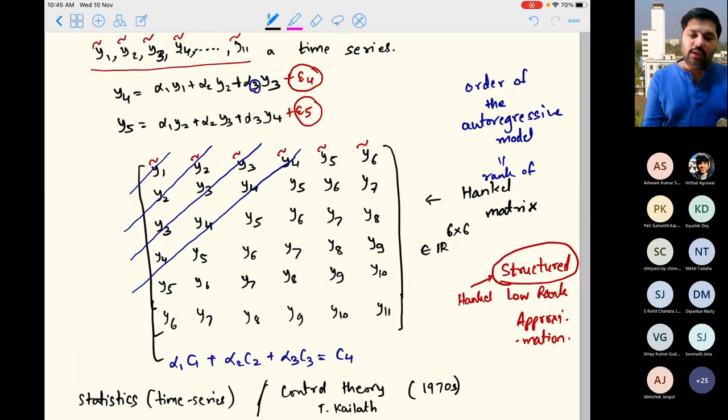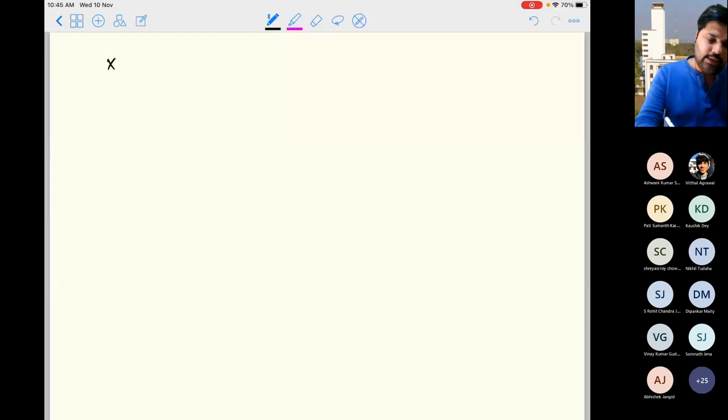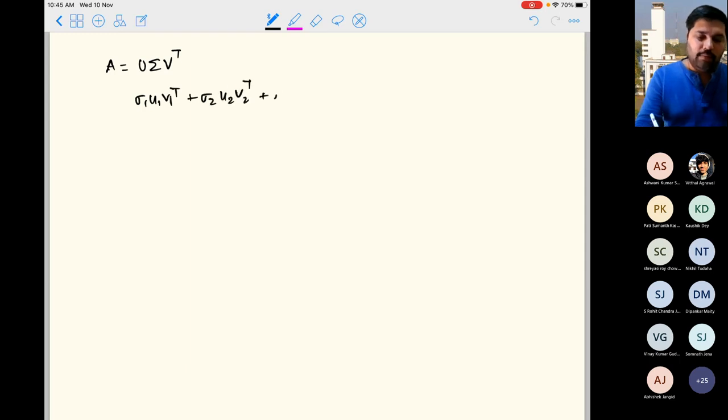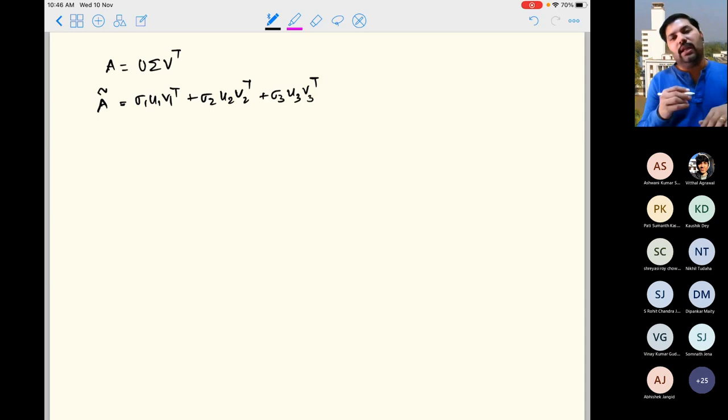Okay, so if you have the singular value decomposition of a matrix, suppose A is a given matrix and you do singular value decomposition U sigma V transpose. Okay, and then you just pick sigma 1 U1 V1 transpose plus sigma 2 U2 V2 transpose plus sigma 3 U3 V3 transpose. Okay, so this is the matrix that you picked, which is A tilde. Then there is no guarantee that if A is a Hankel matrix, then A tilde is a Hankel matrix too. There is no guarantee. The only guarantee that you can take is that if A is a symmetric matrix, then A tilde is also a symmetric matrix,